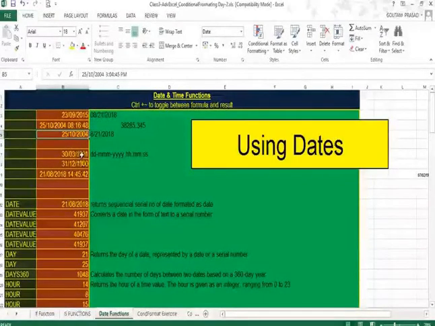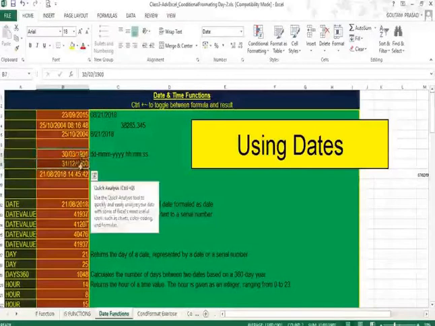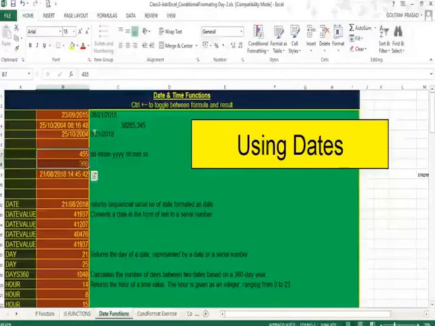Now let's take another date, which is 30th of March of 1901, and another date, 31st of December 1900. Now if we convert these two dates into number or general format, you will find there are two numbers. So there is a number equivalent to each date.